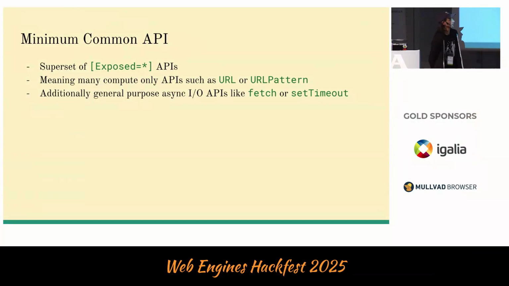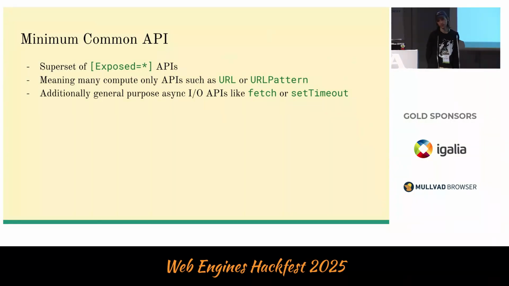So the minimum common API is a superset of the expose star web APIs. Some of you may have heard this. This is expose stars, like all the web APIs that are available in Shadow Realms, will be available in Shadow Realms, maybe, who knows. These are mostly compute-only APIs, like URL or URL pattern, that do not involve any async I/O. And then in addition to those expose star APIs, there's also some general purpose I/O APIs that are not available in expose star, like fetch or set timeout. They're still generally useful across servers and